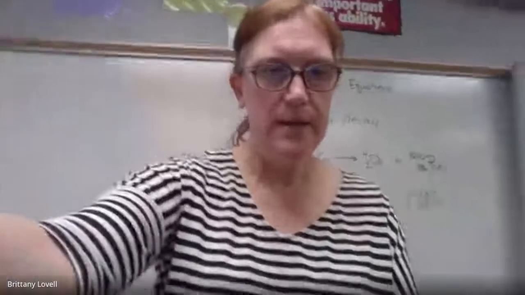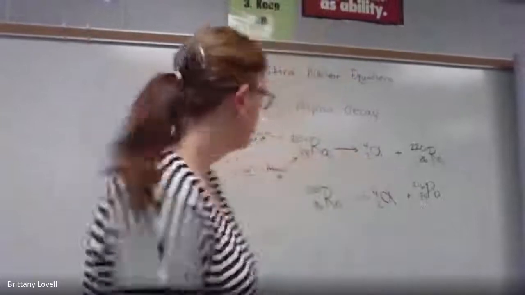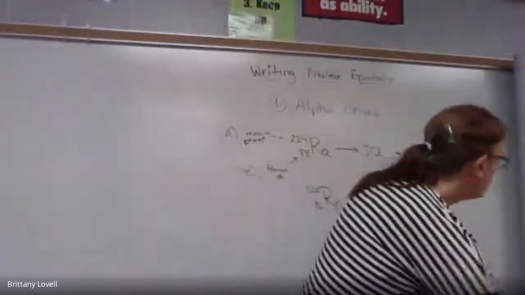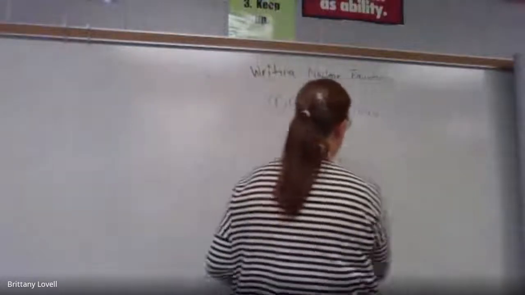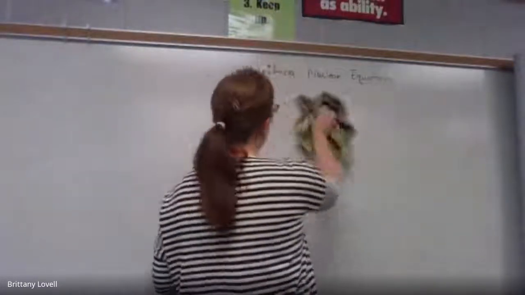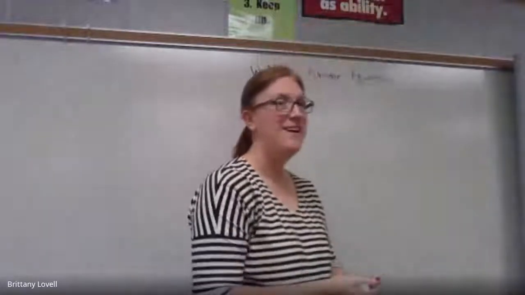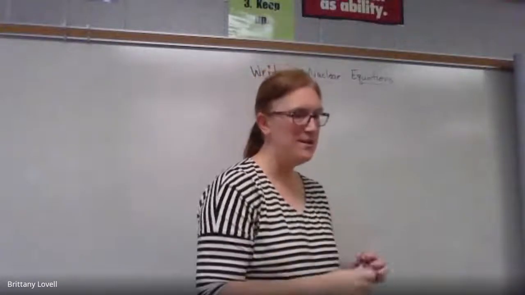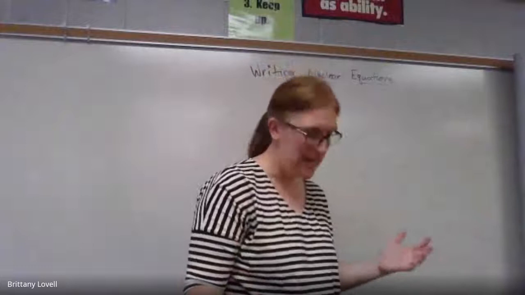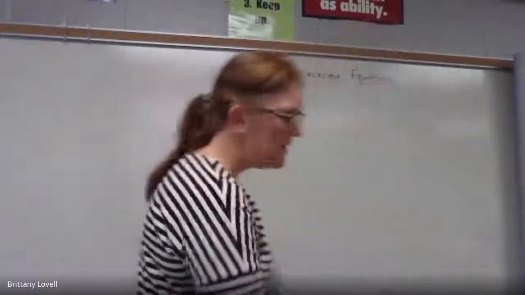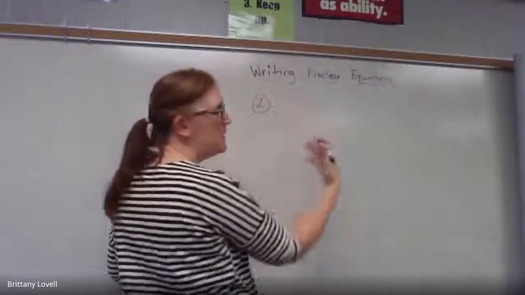Okay, so beta decay is the second one that we're going to write down and look at here. So if we're talking about beta decay, what's a beta particle? What are we talking about? Yeah, it's the weird little b. And a beta particle is just a what? An electron, right? So if you're talking about beta decay, this is our second type of nuclear equation